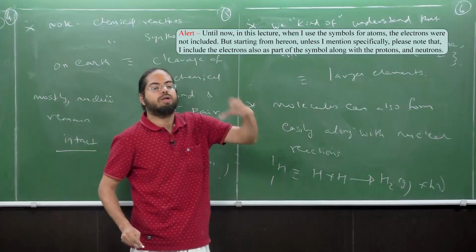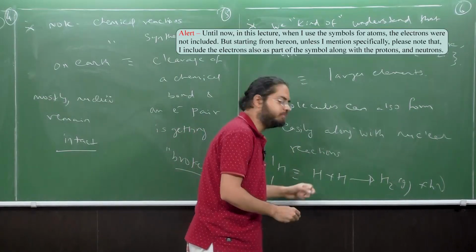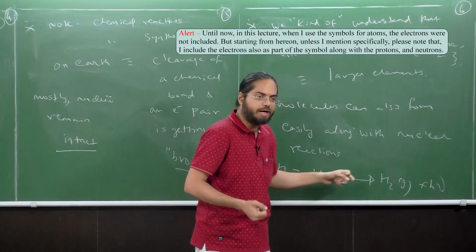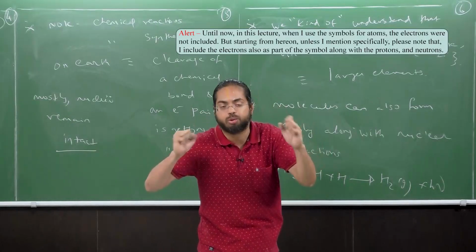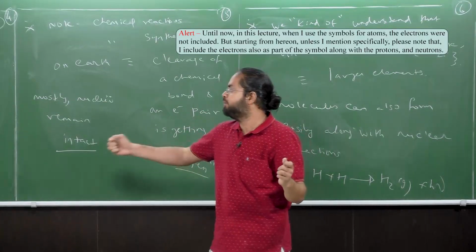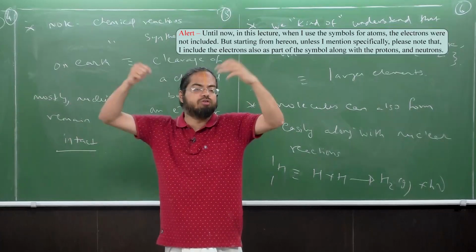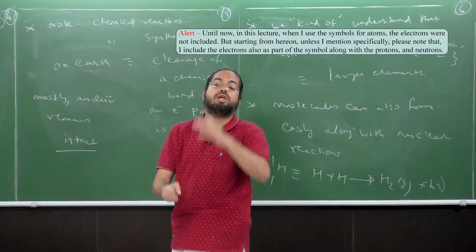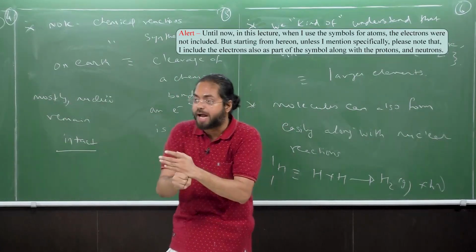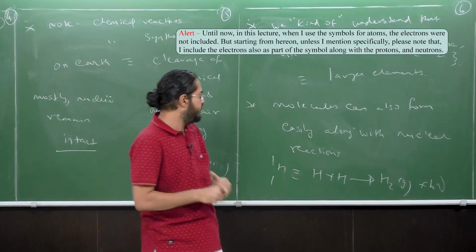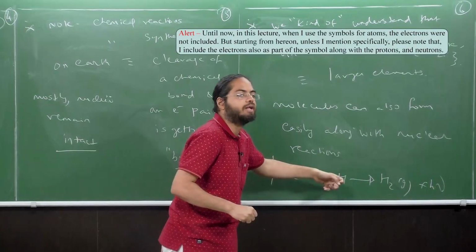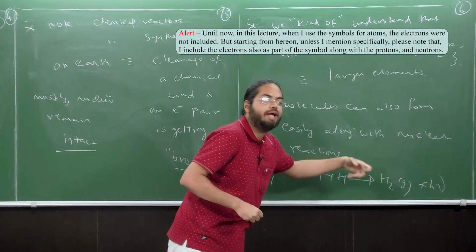So when one hydrogen atom combines with another hydrogen atom, without the nuclei getting broken, right? When we were discussing the formation of the higher isotopes, helium, etc., the nucleus was getting broken. But without the nucleus getting broken, one hydrogen can combine with another hydrogen to form the H2 molecule